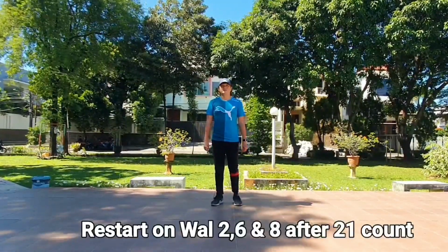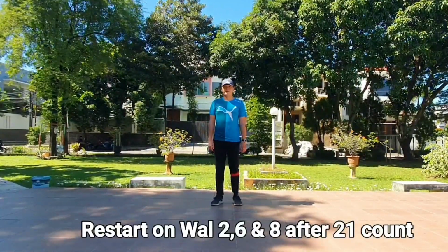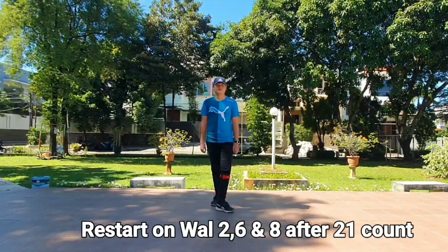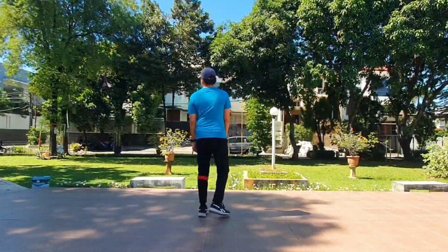In this dance, there's a restart on wall 2, wall 6, and wall 8 after 21 count with step change. 7, 8,